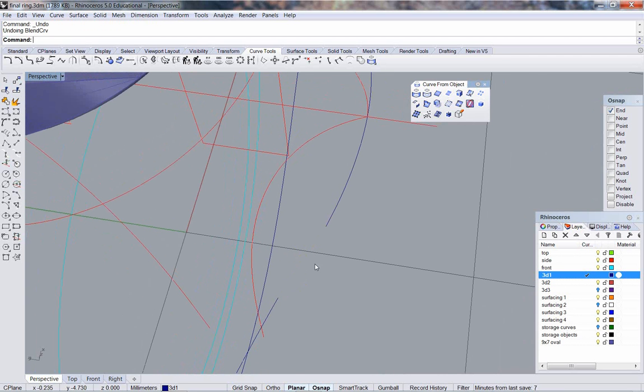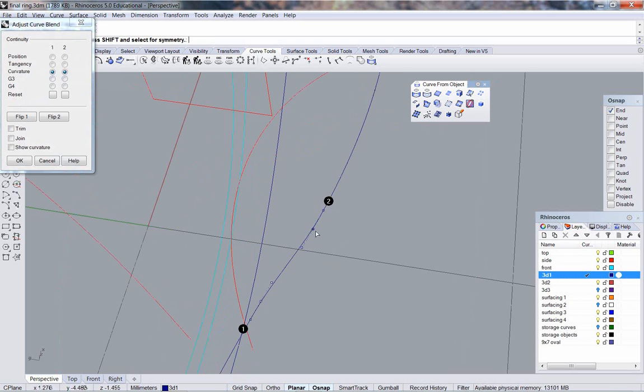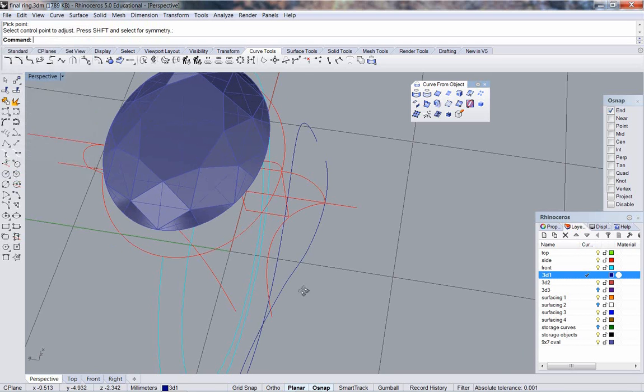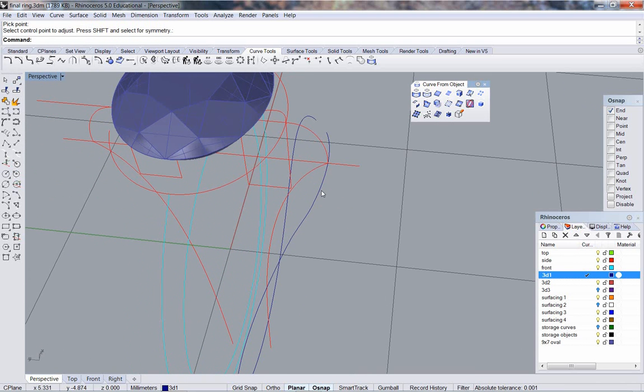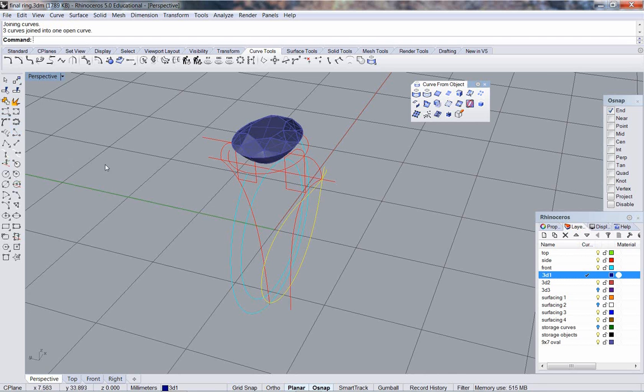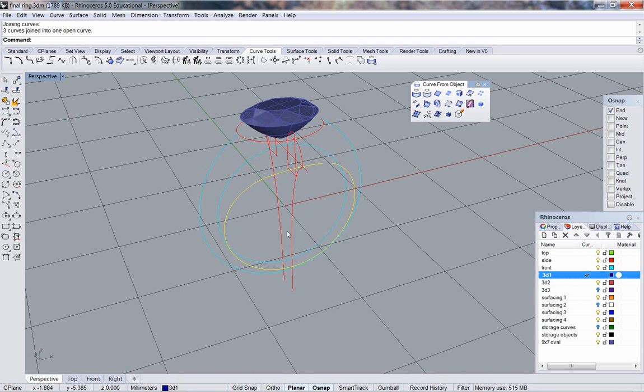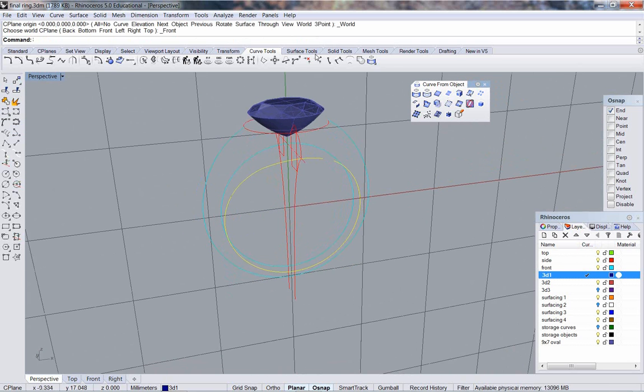That's a little bit crazy. Let's do that again. See if I can soften that at all. That'll kind of do. Going to come in here, front view,